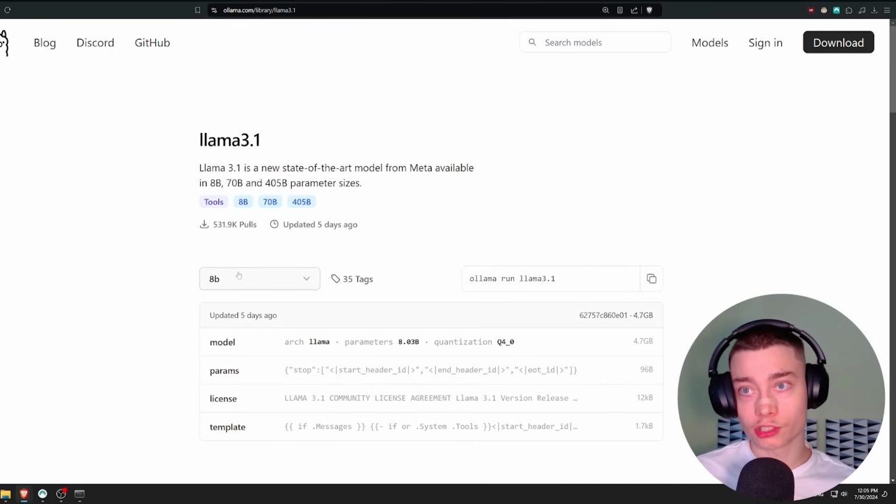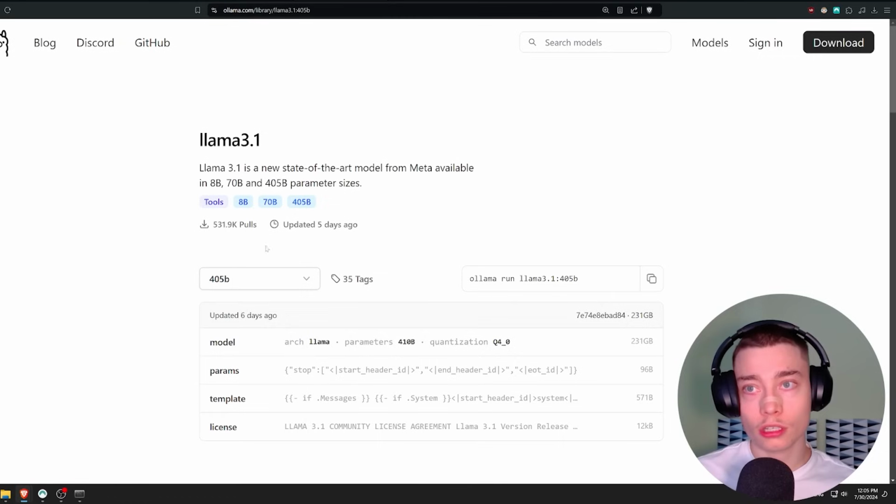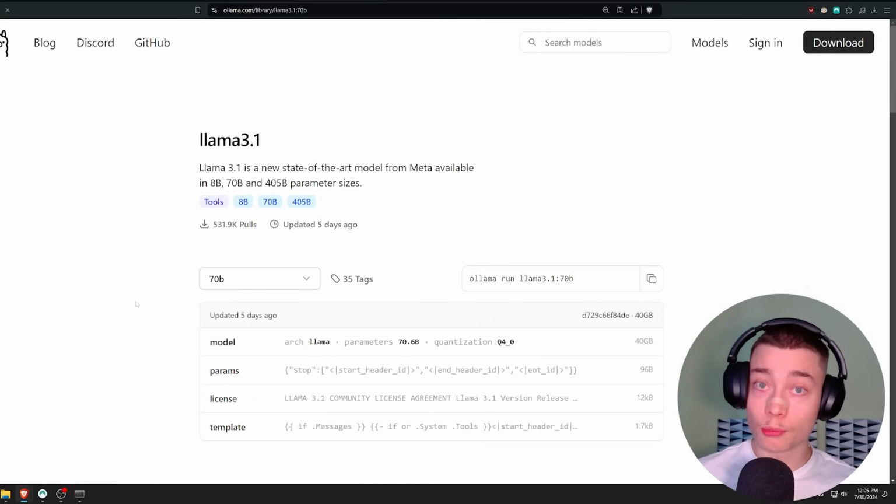Now, you have to be careful because there are 3 versions, right? 8 billion, which is the smallest one, 70 billion, which is the middle one, and 405. I'm just going to be honest with you, none of you are running 405. Unless you have some crazy setup with like 16 3090s or 8 4090s, you are not running 405, okay? 70 billion, I'm also going to be honest with you, 99% of you are not going to run